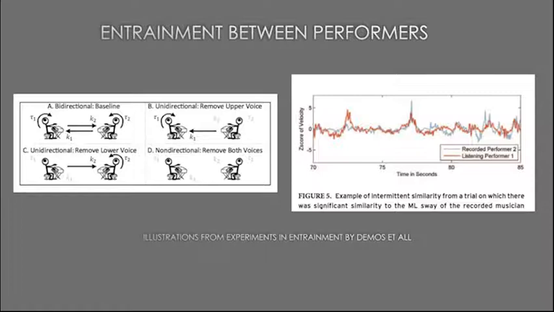Research done by Alexander Demos et al. in Entrainment in musical performance suggests that when two musicians play the same music together, there's a correlation between the postural sway that is far greater than chance. And the same is true for performer and observer. When an observer feels that the musical performance is expressive, there's a higher correlation between the postural sway of the performer and the observer. This seems to give experimental evidence for the existence of kinesthetic empathy in performance situations.